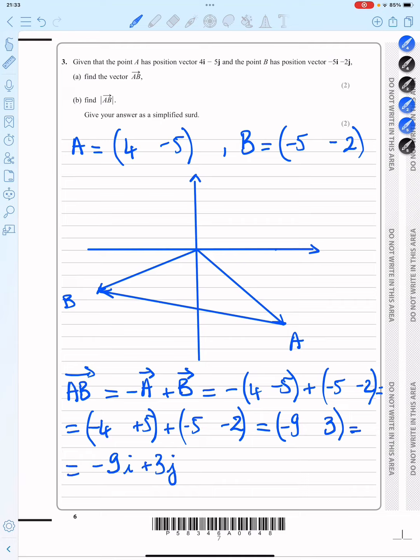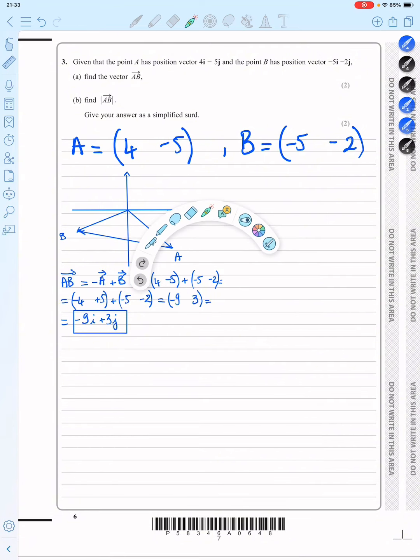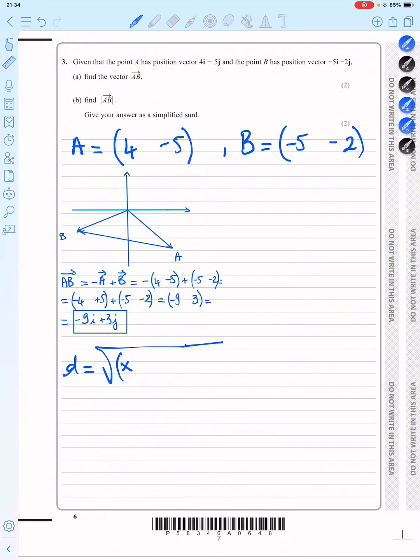The magnitude of AB is going to be the distance between the point A and the point B, and we know how to find distance. The distance D, when we have 2 points that I'm going to name (x1, y1) and (x2, y2), is going to be the square root of x1 minus x2 squared plus y1 minus y2 squared, and therefore we would have